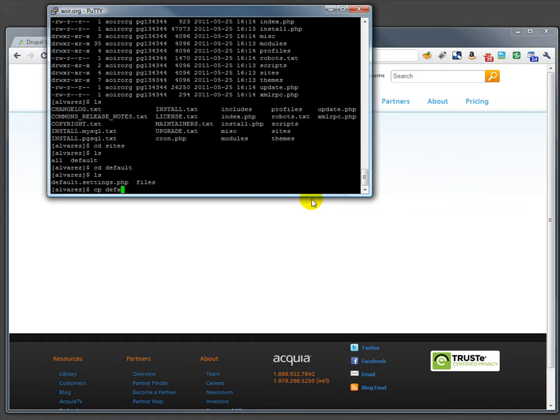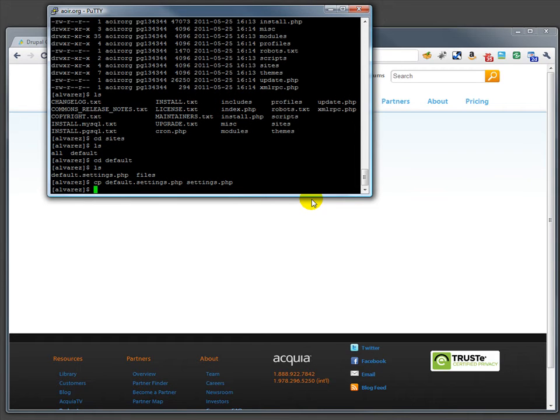And we're going to copy default.settings.php to settings.php. Traditionally, we would go in and edit settings.php, but we're going to use the installation script to do that instead. We also need to change the permissions for this file, and I'm using o plus w. We could use the numeric, but in this case I'm just using o plus w, and we're going to change it for